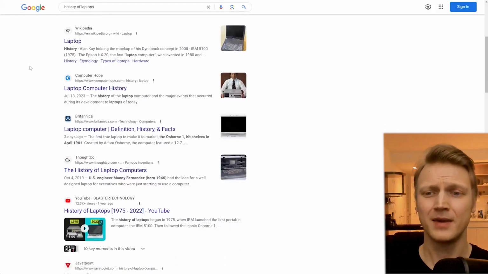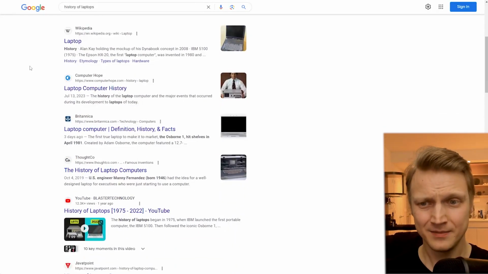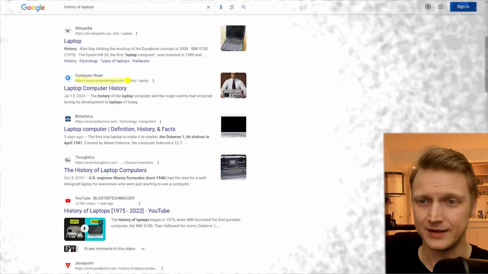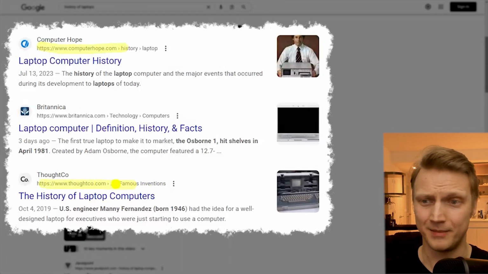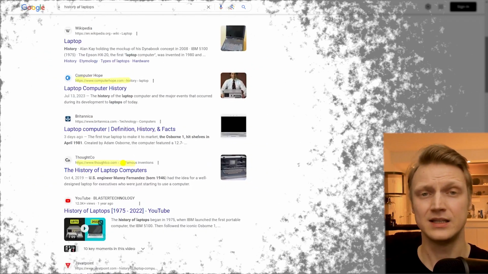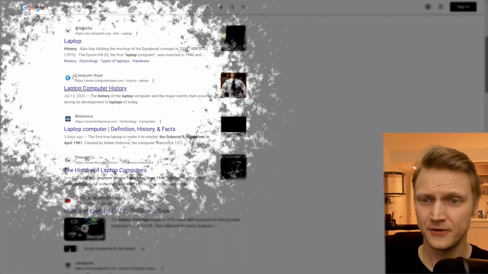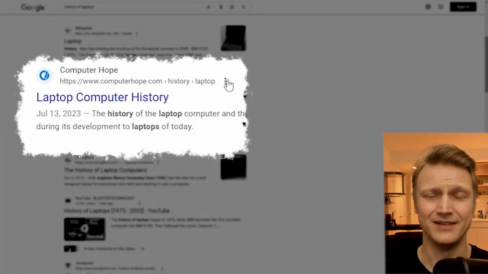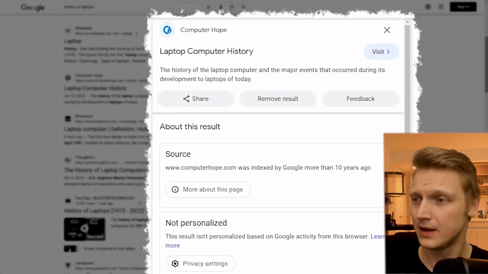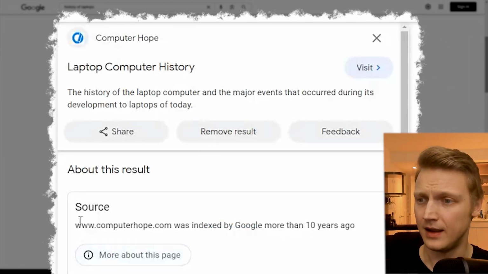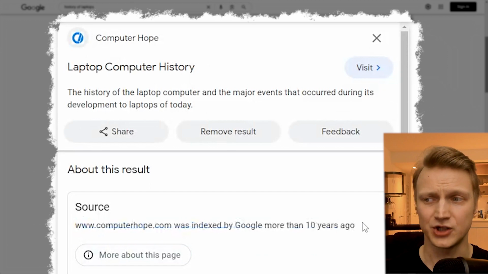But what about other sources? Can we trust them? Do we even want to give them a try? These two, for instance, I have no idea what they're about. So here's a little tip for you guys. In front of each source, there's a little hidden 3 dots button. If you hit it, it's going to bring up a form, and there's a source section with short information about